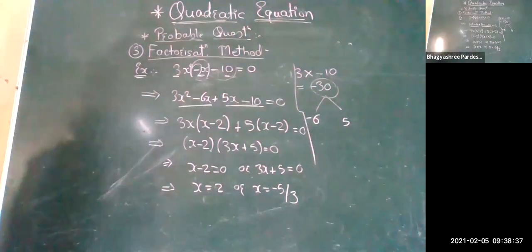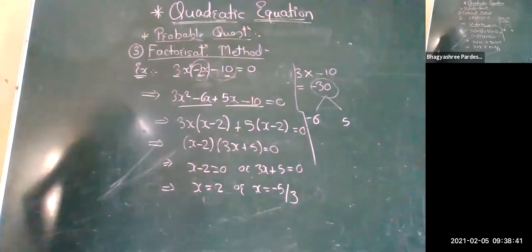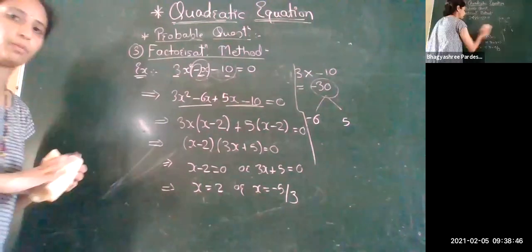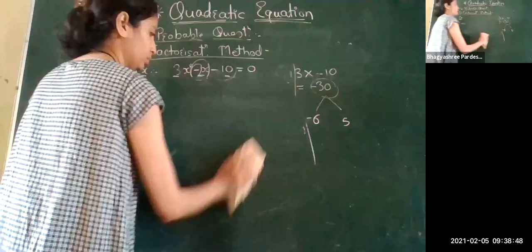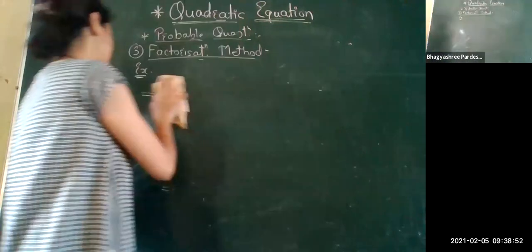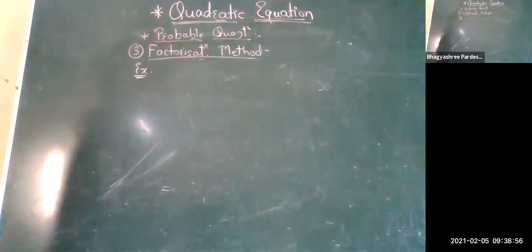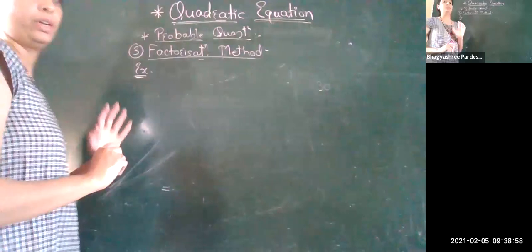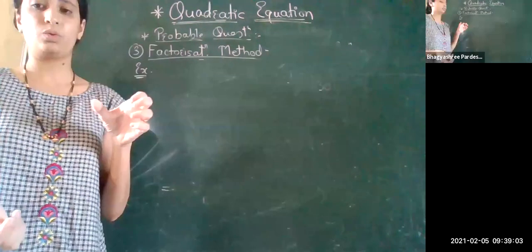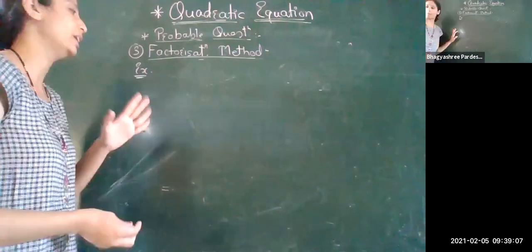So let's see one more question of this type, and then we will stop. Let's quickly see one more example of this type. Again, just remember one thing: the practice set one, the first practice set of each and every lesson, the questions on it are asked for 1 to 2 marks. So just do that very properly.